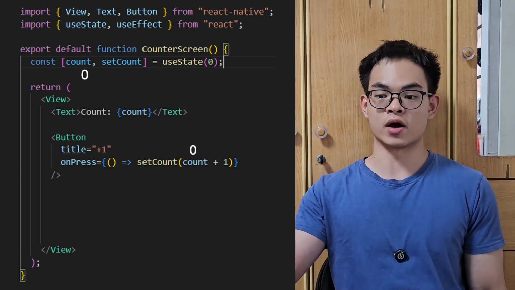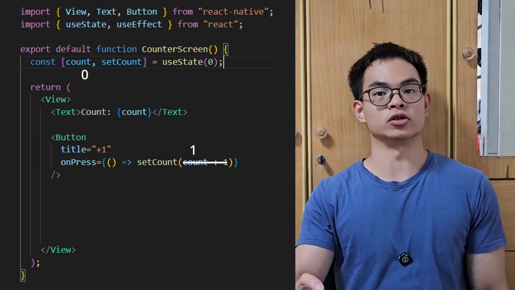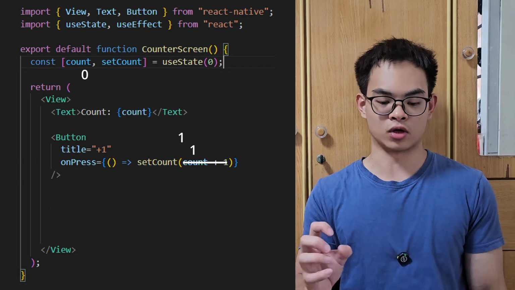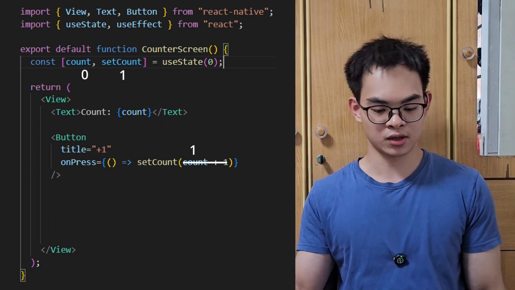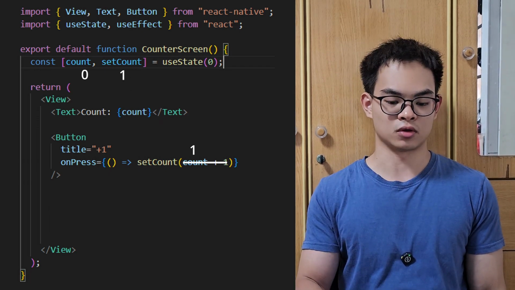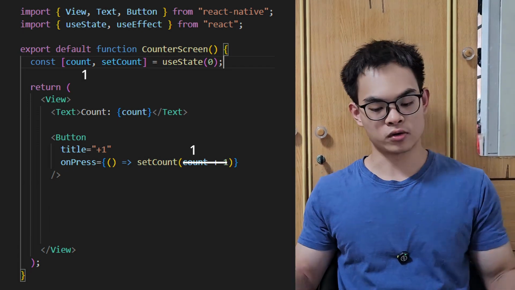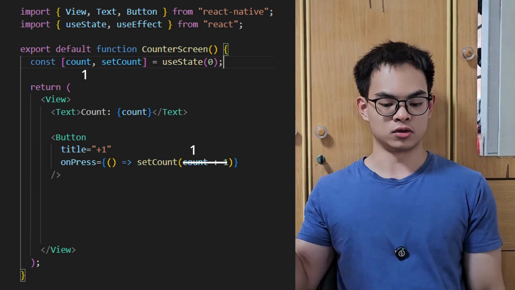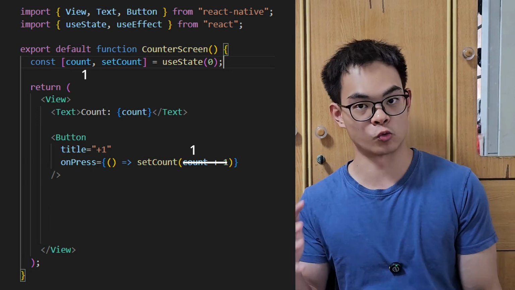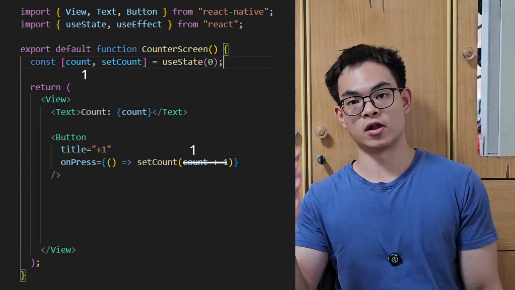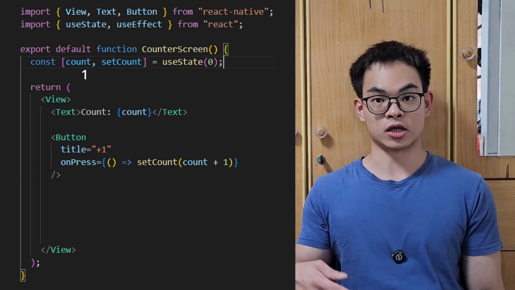Then after that, you will add 1 to the original count, and then you will set count to the updated value, which is the whole thing here, and then this will set count and update the original count at the top using useState. So now in this case, when the user presses the button, this will then set count to count plus 1, which is 1. So 1 will be the updated value of the count variable. And then you can do the same